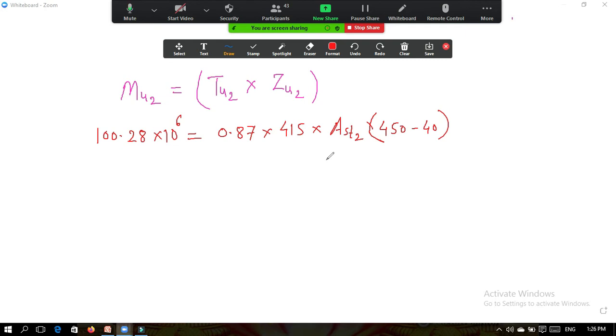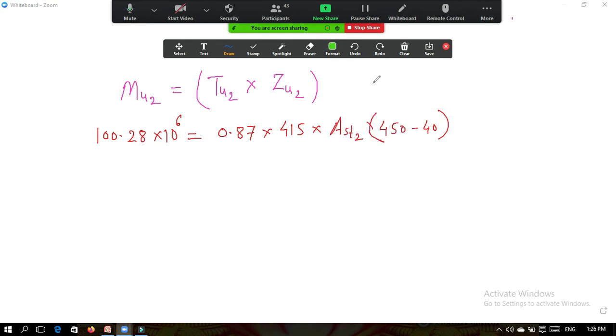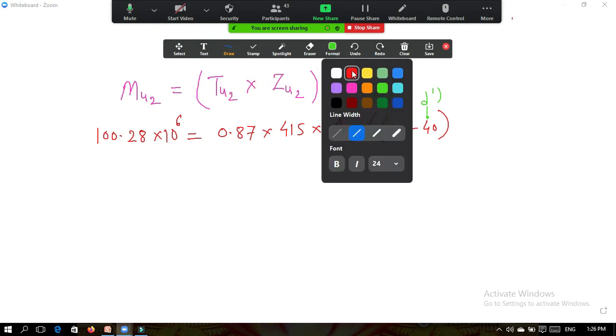Or shall I write down the formula first instead of this? Or you are understanding whatever I am writing over here? I will tell you here. This is D and this is D dash. Okay, this is D minus D dash, whatever is written over here. This is your D and this value is D dash. So if you solve, you will get the value and let me know the answer.